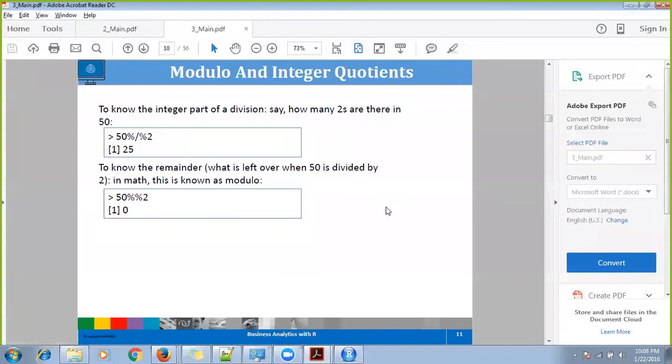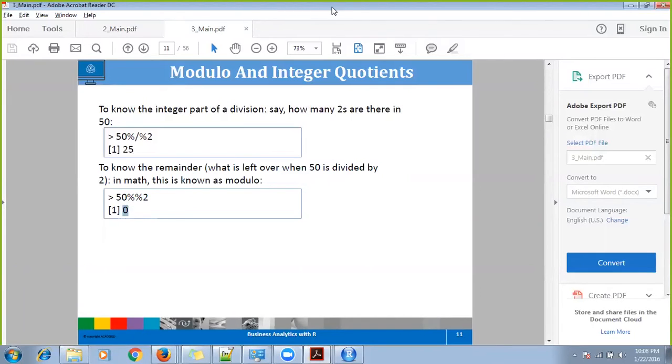If you remember, I was talking about the % symbol. The % symbol is the remainder operator, right? So look at this. 52 % 2, what is the remainder? If you divide 50 by 2, it will be a complete division, because the answer will be 25 and there will be no remainder. So the remainder is 0, right?